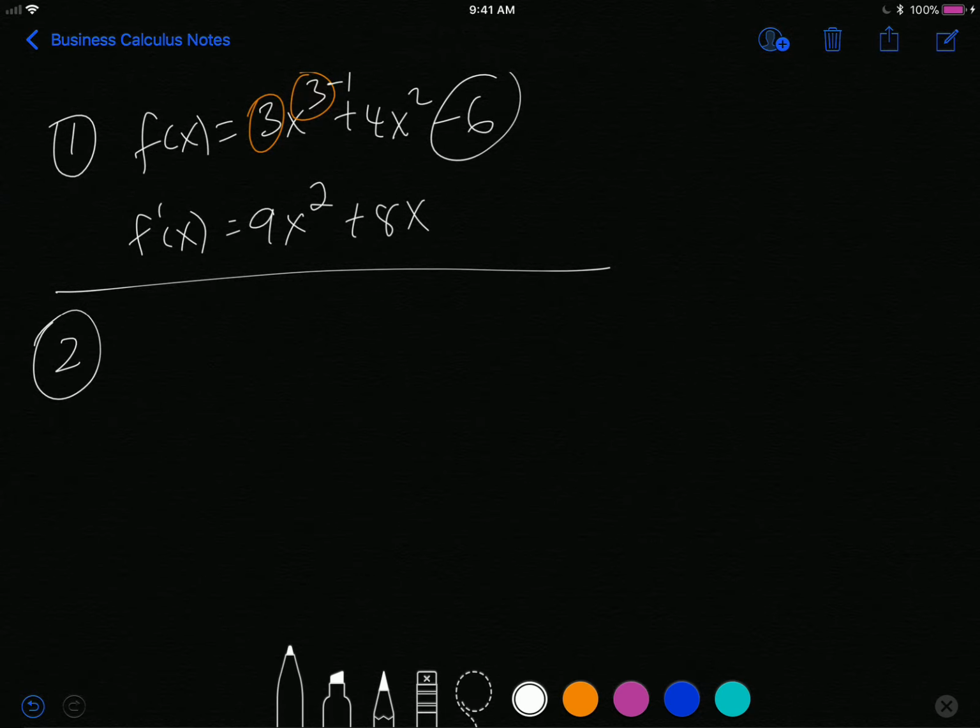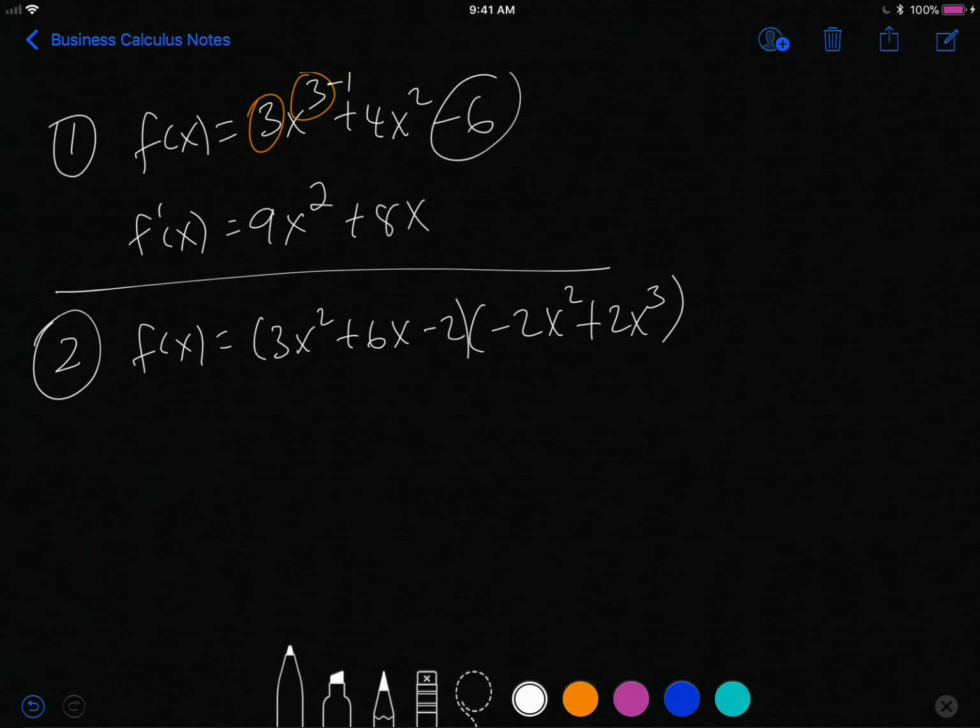Question number 2, I have f of x equals 3x squared plus 6x minus 2 times negative 2x squared plus 2x cubed. You can use the product rule here, but it is faster to just FOIL it out and then take a derivative. And so that's what we do. And so that's negative 6x to the 4th power. Don't forget we're adding powers when we're multiplying. Plus 6x to the 5th